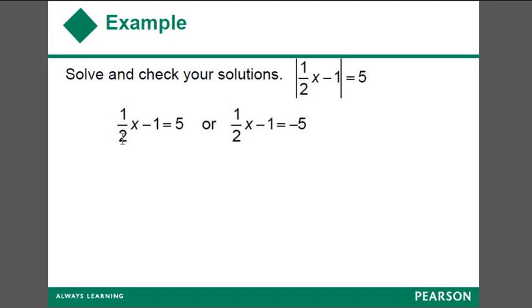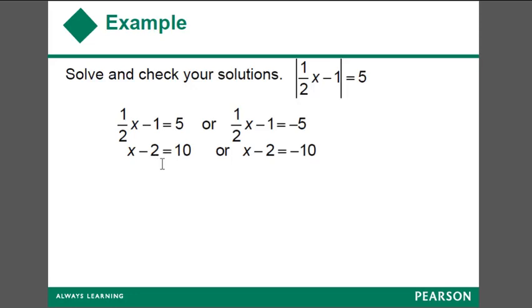When I multiply through, this 2 cancels out, and this will give me negative 1 times 2, which is a negative 2. 2 times 5 gives me 10. Over here, this 2 cancels out. 2 times negative 1 gives me negative 2. 2 times negative 5 will give me negative 10. I need to add 2 to both sides of the equal signs on both equations. So here on the left hand side, I'm going to add 2,